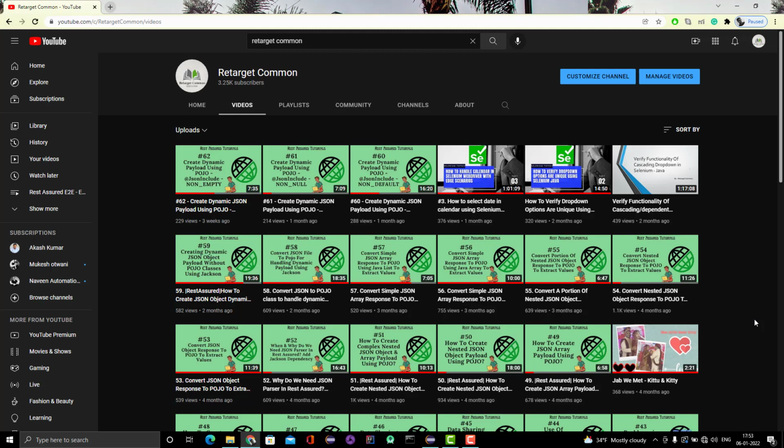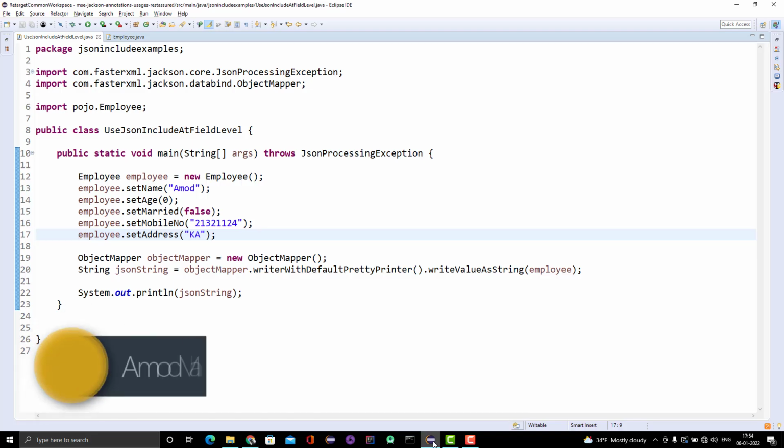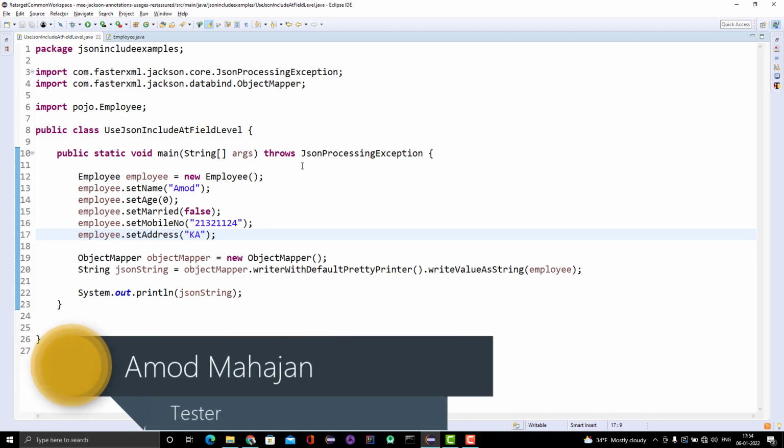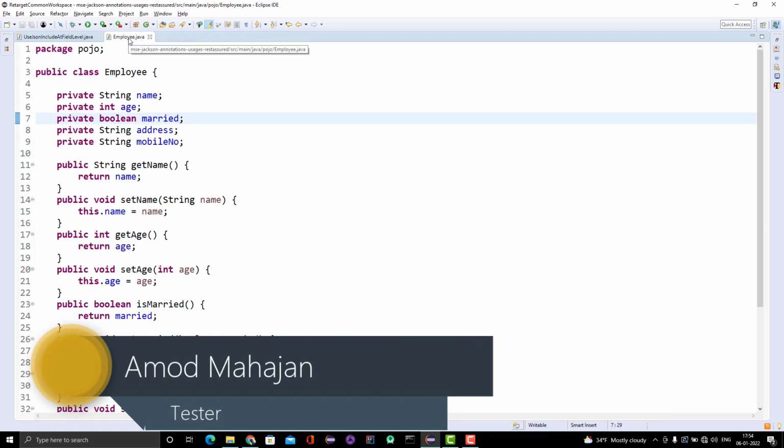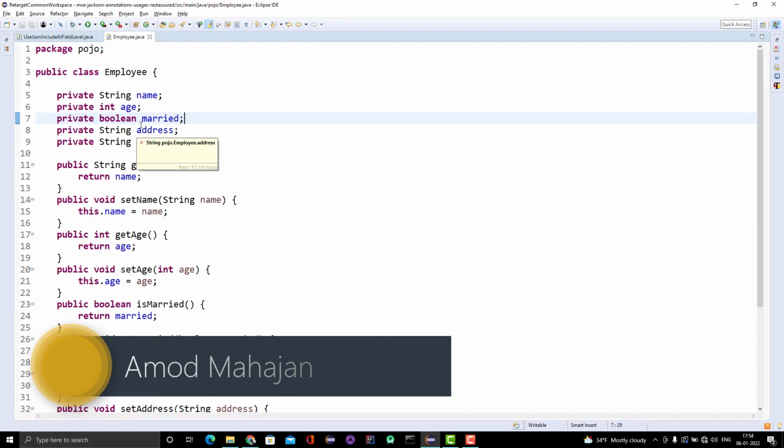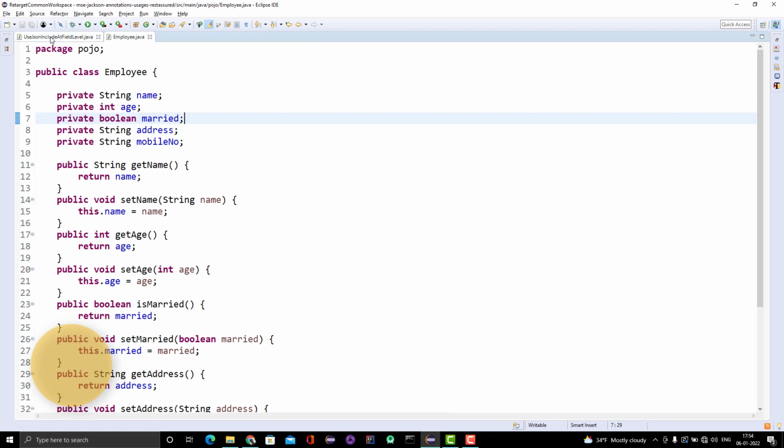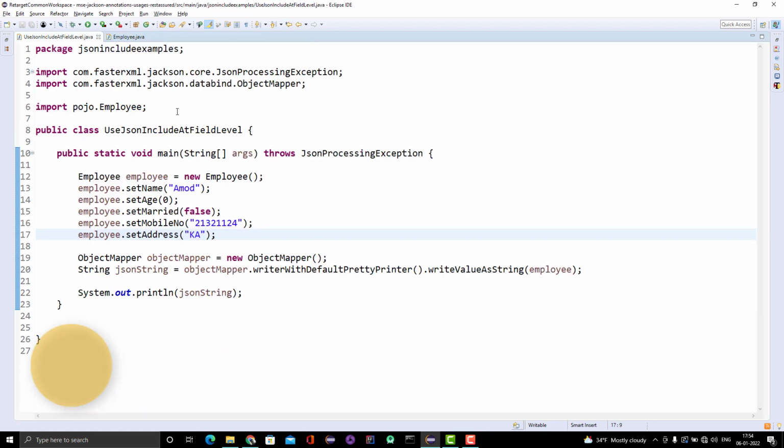But in this video we are going to learn about mixed scenarios. I will explain now. This is the same project we are working on, and we have a Pojo called employee with 5 fields. Here where we use this employee object, we are creating the employee object and setting up the values.